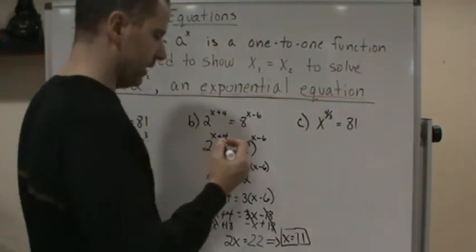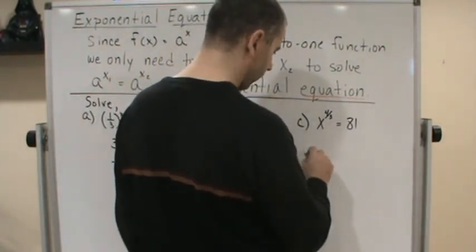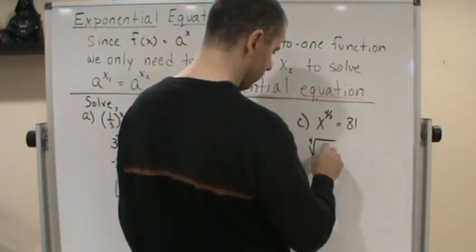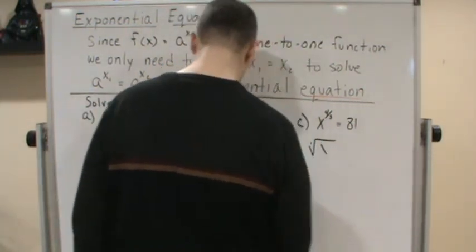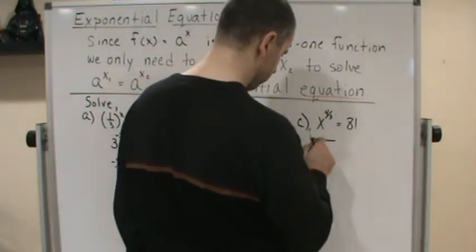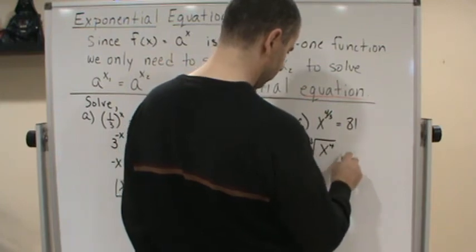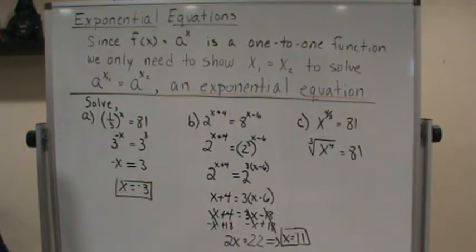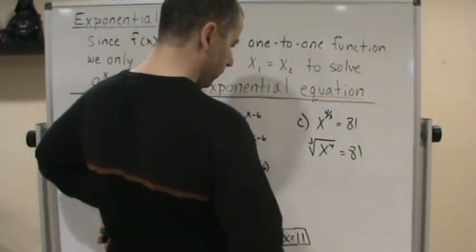So the first way I'm going to do this is I'm going to write this as, okay, so I'm going to use the property of exponents to rewrite that as a third root, cube root. And so what I'm going to do is I'm going to